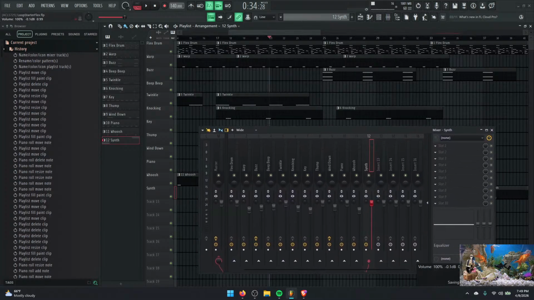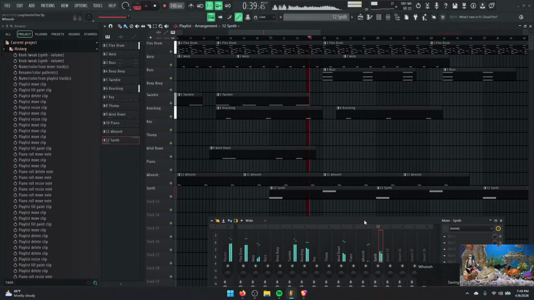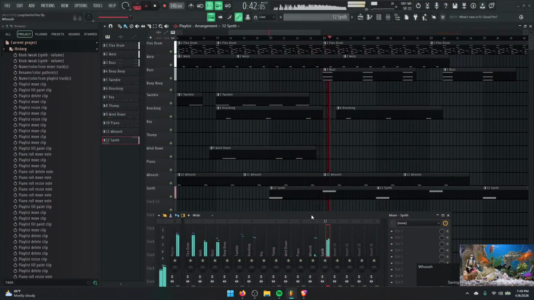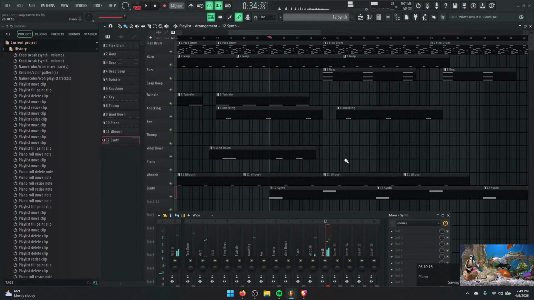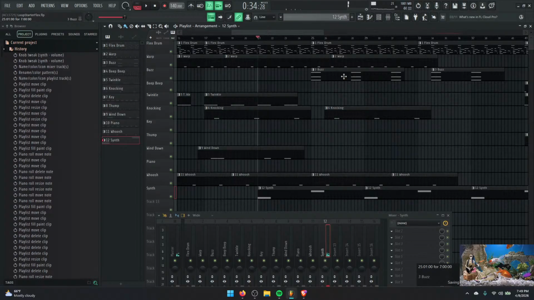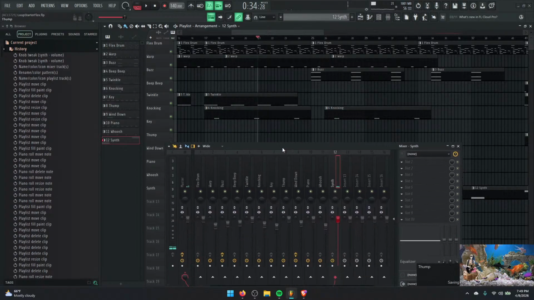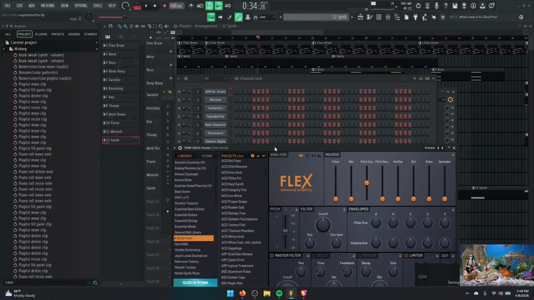Which is funny. I'm going to leave it there, just volume wise. I don't care. It's actually not too overbearing. It's pretty nice there. And once again, this is why I really am beginning to enjoy using Flex in FL Studio. It's just my go-to. Like, honestly,